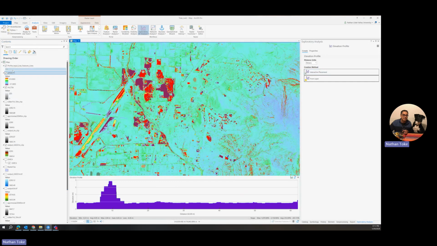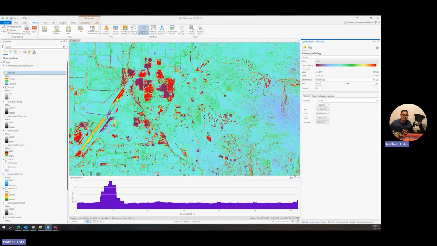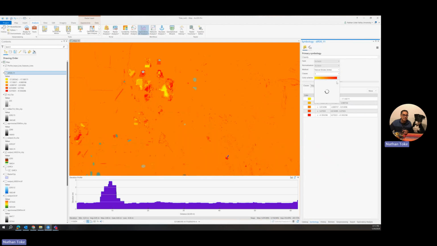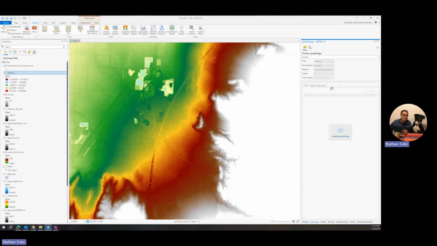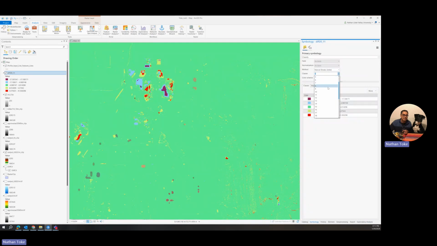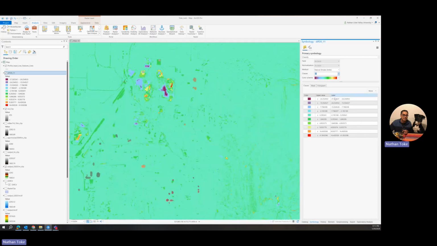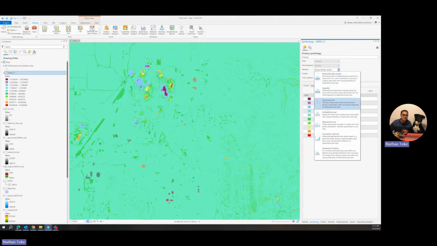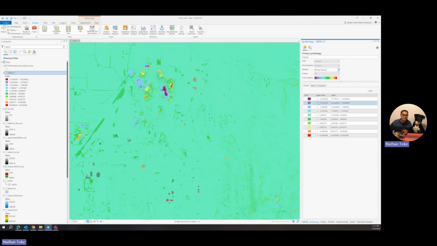Another thing we can do with our difference map, if we went back to symbology, we were doing percent clip to hone in on these changes. We can also do classify, which is another approach that gets you very specific quantifications. So we can get a similar map, but maybe more discrete if we add in like 10 classes or something, right? And then if we change it to manual interval, we basically say what the